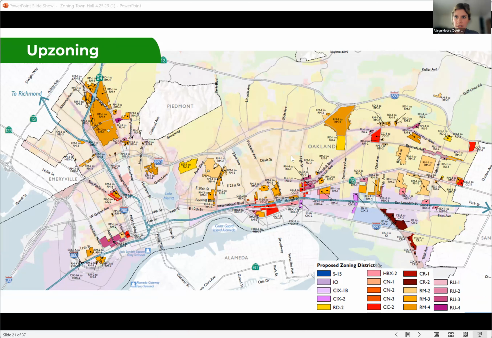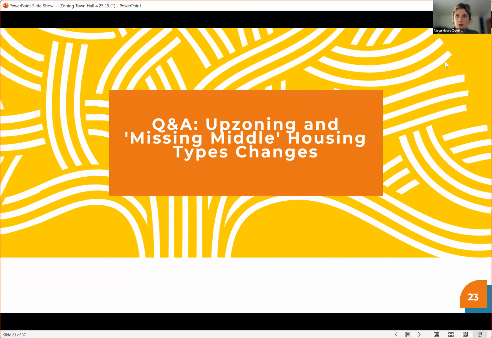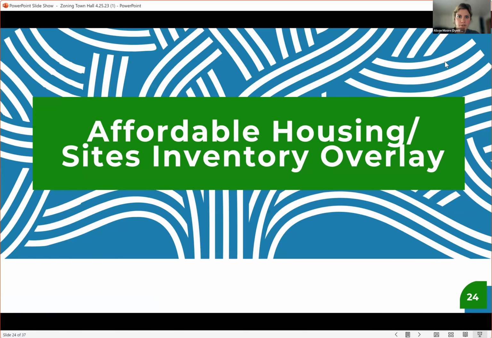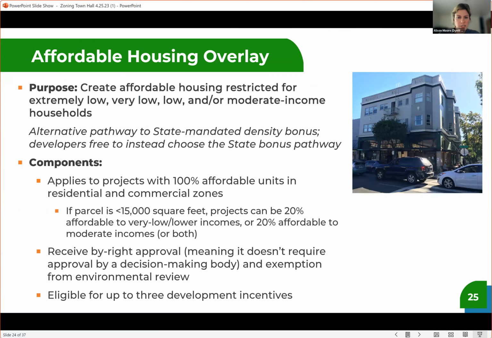But I'm going to go ahead and move on to our next section, which is about our overlay zones, our affordable housing overlay, and our sites inventory overlay. And thanks everyone for the great questions. Just a lot to get through tonight. So the affordable housing overlay, this is